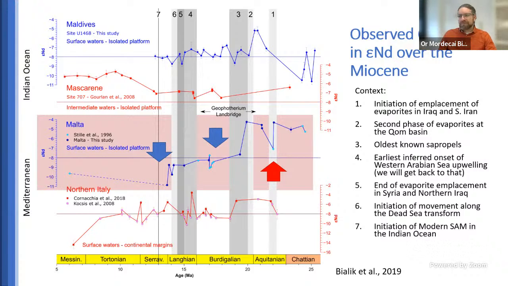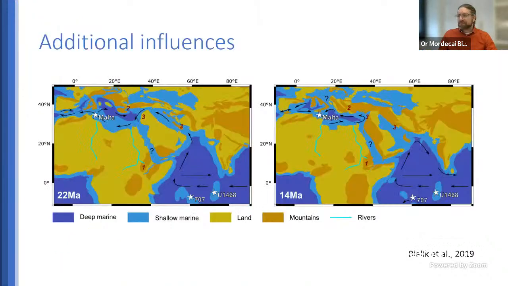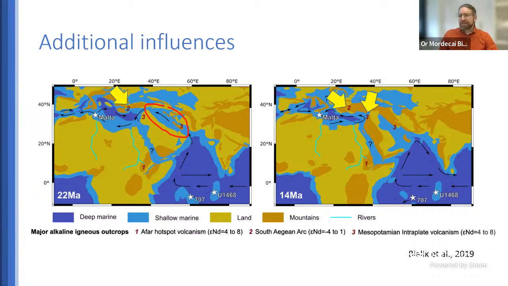And for that, we need to put the proxies aside for a second and go look at the geology and the maps. Most of this connectivity, all of its disconnectivity, probably, unless there's an opening in the Red Sea, which we're not really sure about, is running through this Mesopotamian seaway, this Mesopotamian gateway, which is a very narrow sea, and at some periods, possibly also a very shallow sea. And that little seaway is surrounded by alkaline volcanism, which is very radiogenic.